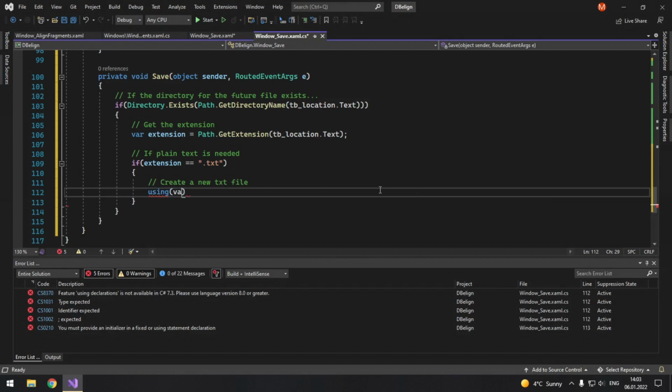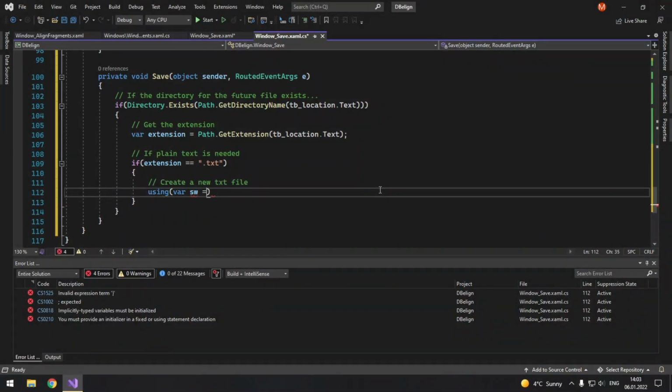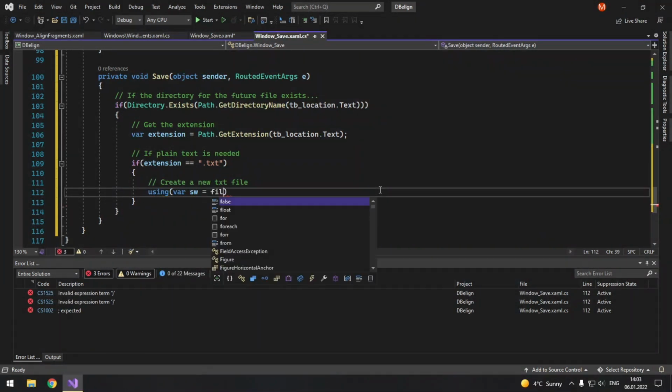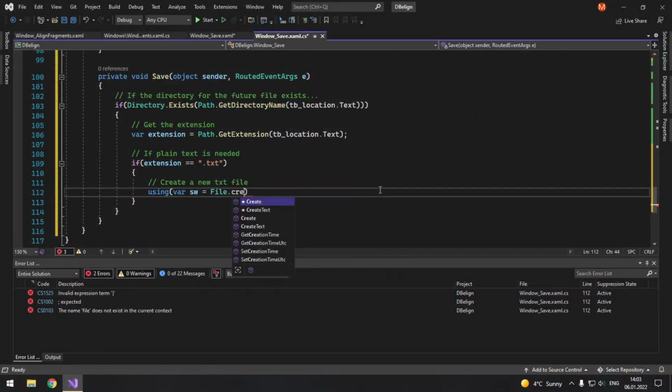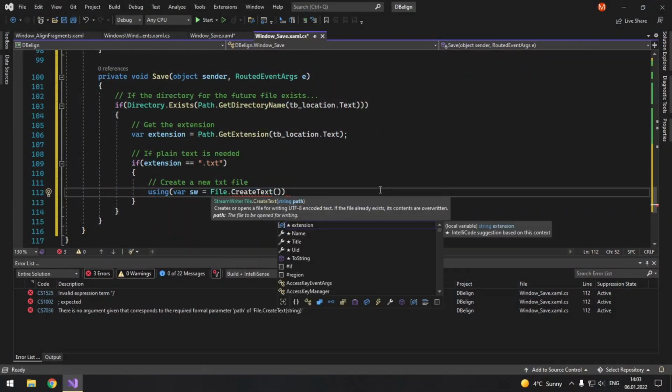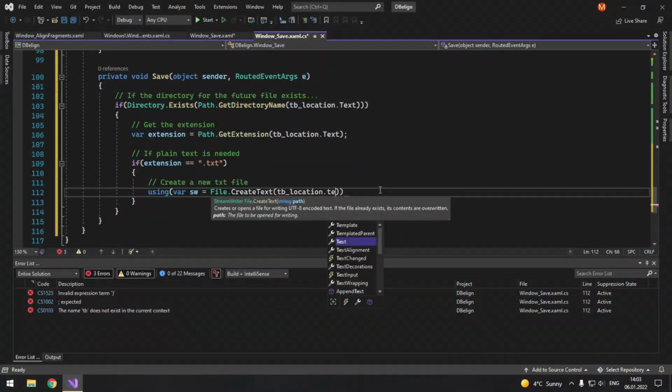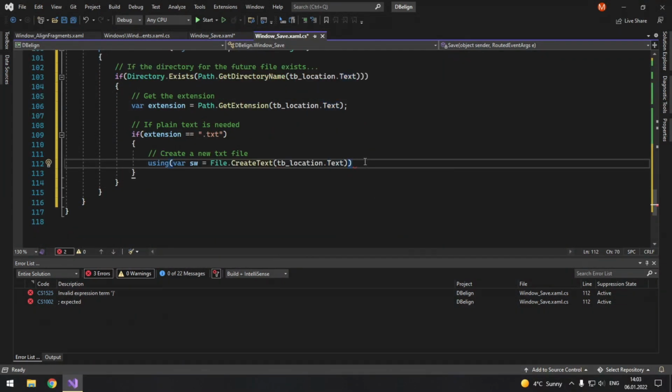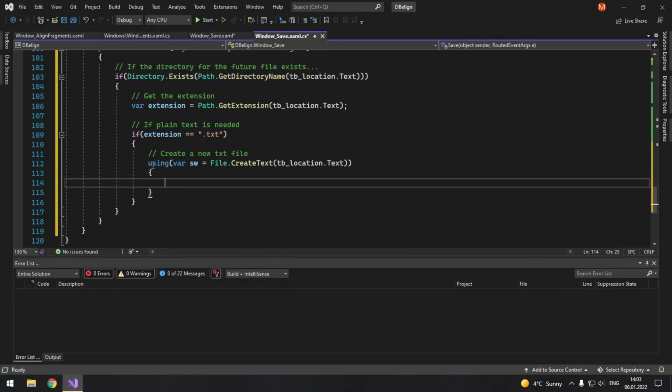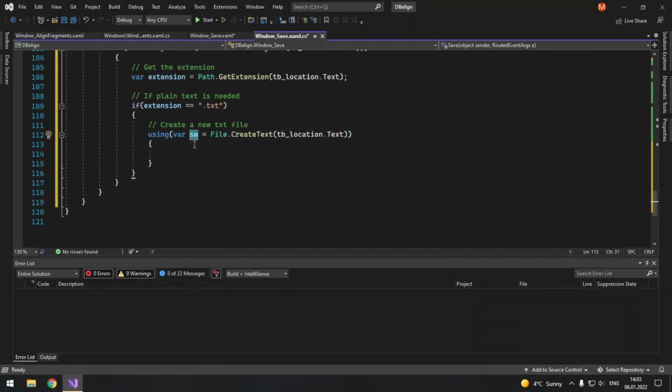So using var sw, which is StreamWriter, equals File.CreateText, and the path will be tb_location.Text. And I put the using keyword here because I want the stream writer to close after we finish working with it.